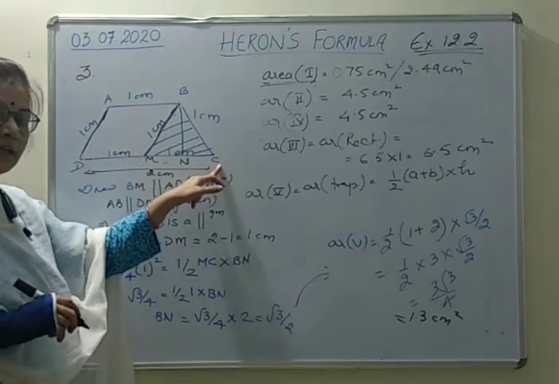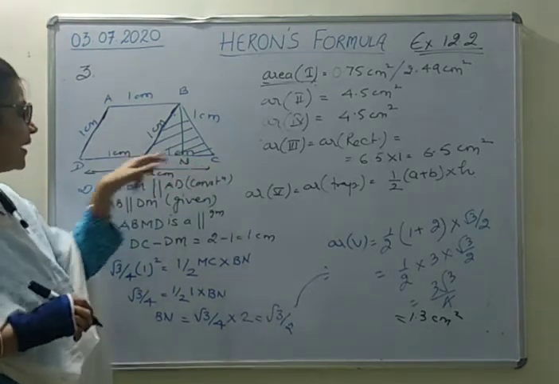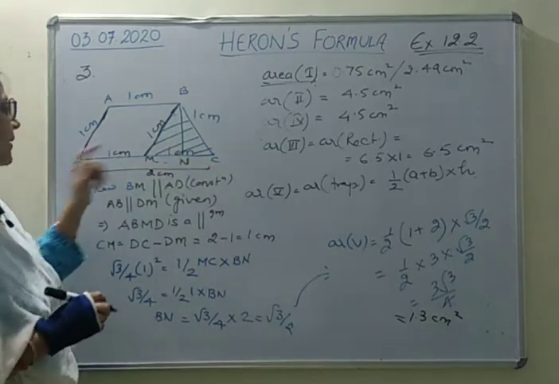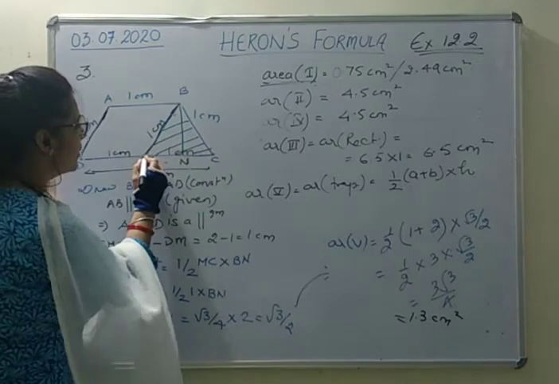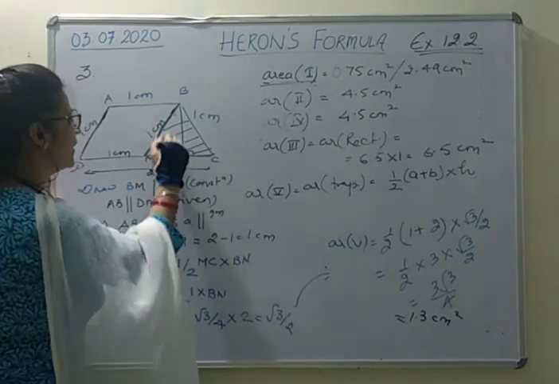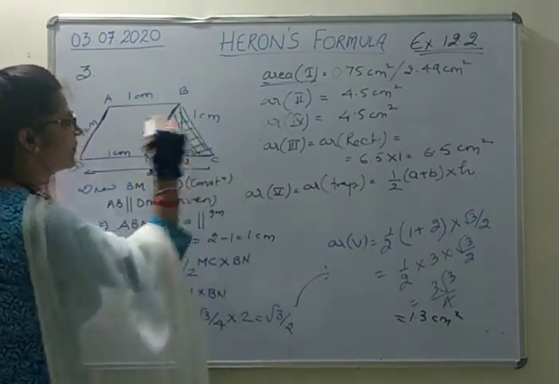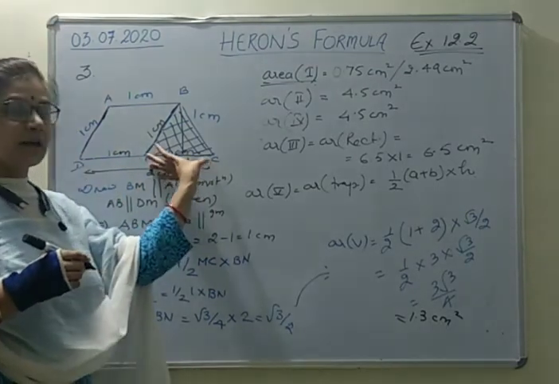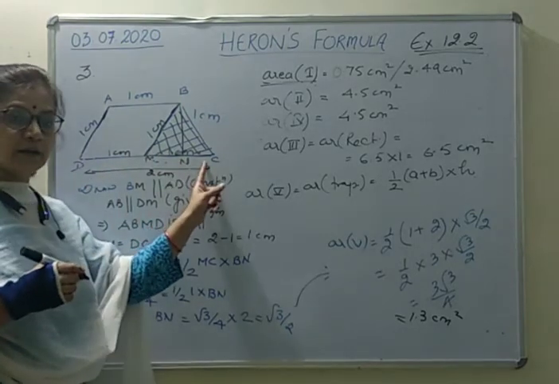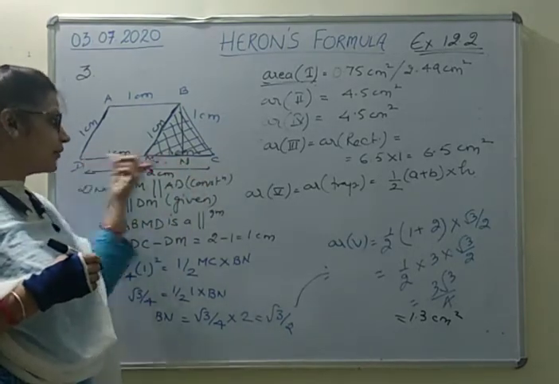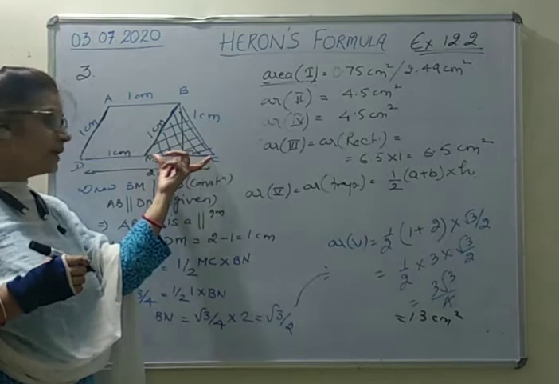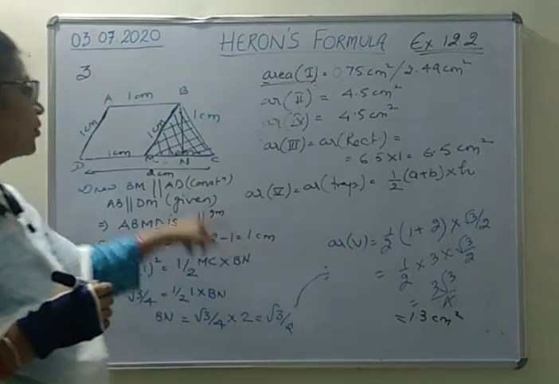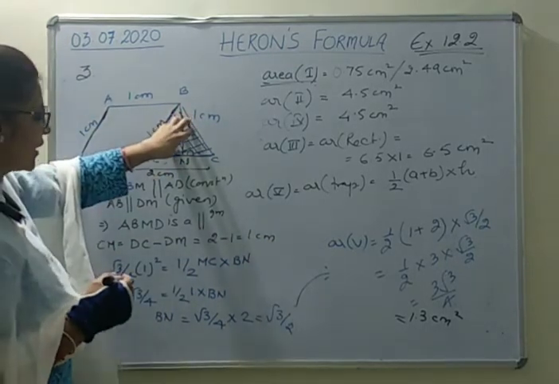Now what about MC? This CM will be DC minus DM. ये पोर्शन जो होगा, जो हमको ये ट्राइंगल मिल रहा है, what we are getting? We are getting a triangle here. तो जो ये ट्राइंगल मिल रहा है, इस ट्राइंगल में CM कितना होगा? ये CM होगा 2 minus 1, है ना, 2 minus this 1. So what we will get? CM is equal to 1. Up to here clear? Now to find this height, we will take this triangle.